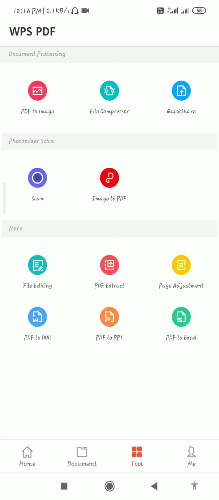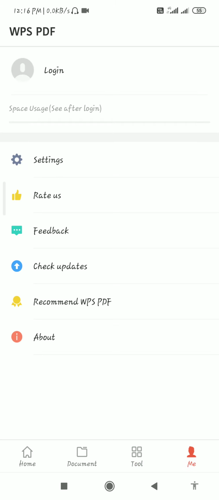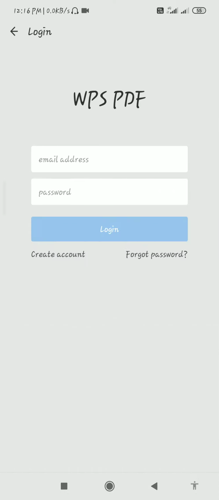And now the last option is about me. Here is the option to log in to this application. You can easily register here with your email and password. You can also register through a Google account from here.